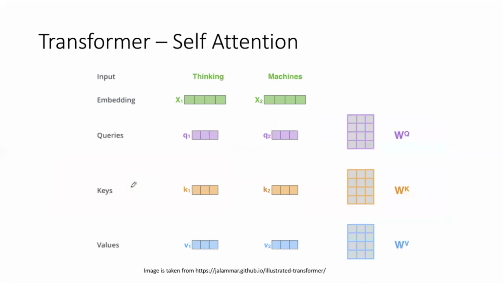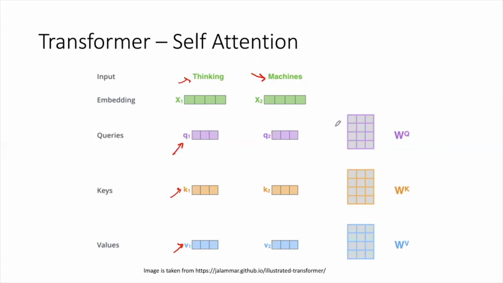Here we have two input words, thinking and machines. They are represented by the vectors x1 and x2. Those are the vectors to start with. Now, for each of these input words, we represent them by a query vector, a key vector, and a value vector. These vectors are obtained by multiplying the input vector x1, for example,